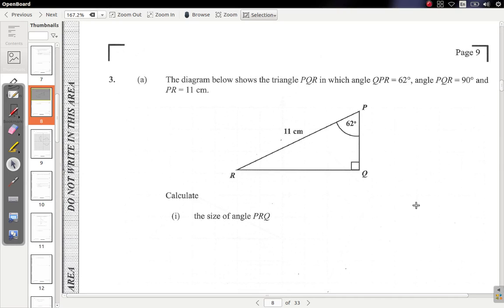Well, continue the May 2021 past paper CSEC. We reach question 3. Now you see what it said. The diagram below shows triangle PQR,